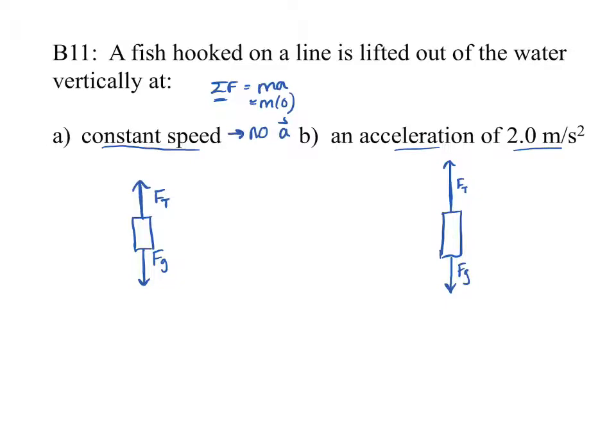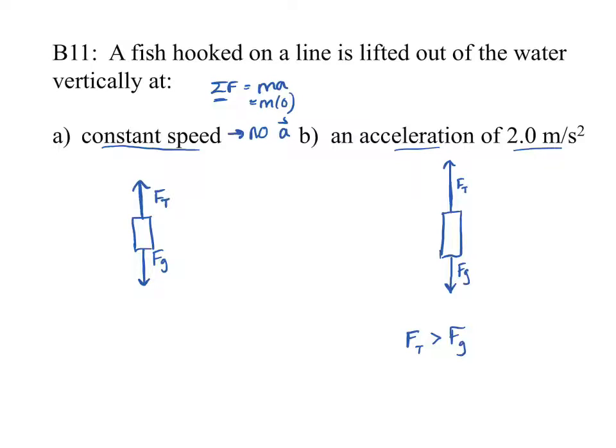So it should be drawn so it's less, okay? And that's the biggest difference between these two things. It just means then when it's accelerating upwards, the upwards force better be the bigger force. Okay? And it's really important for you to draw it like that. So in this case, we know my force of tension is greater than my force of gravity because it's overcoming it to make it accelerate upwards.